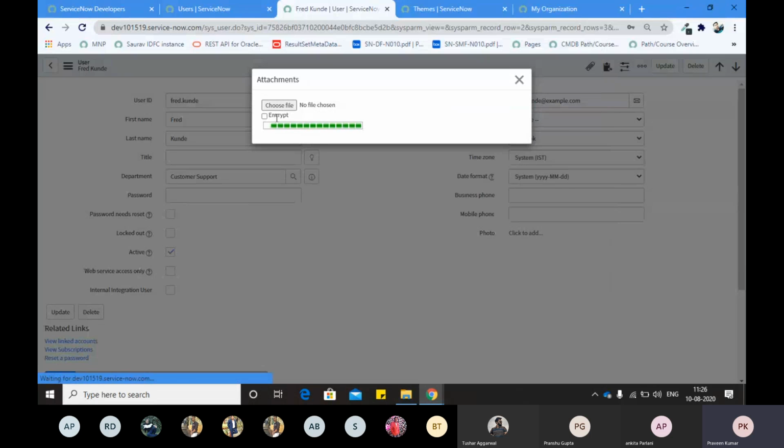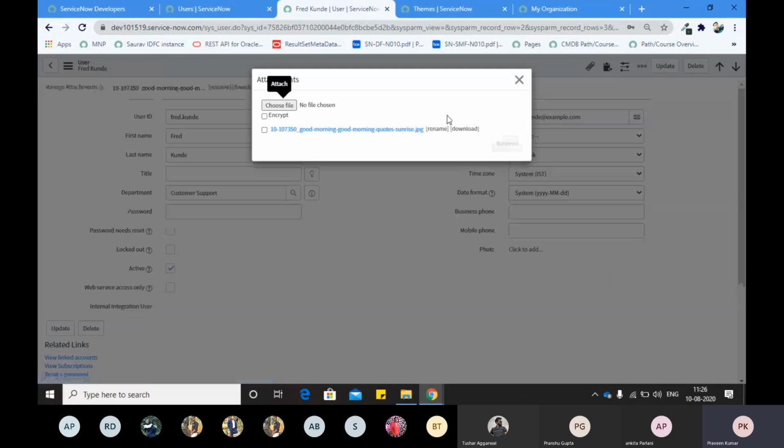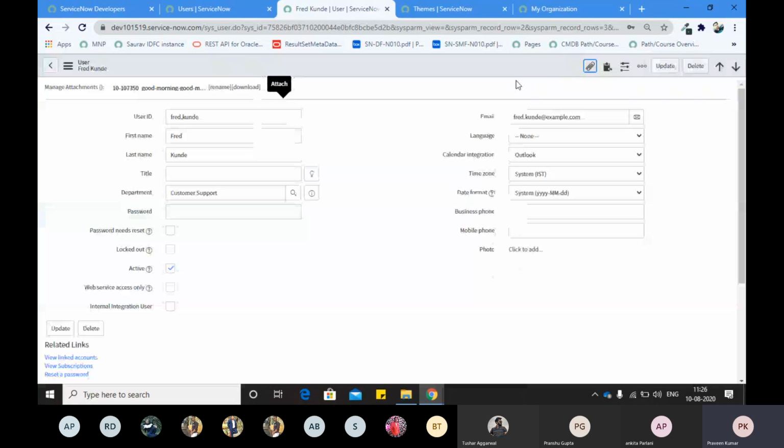The encrypt option you can leave for now. You can see your attachment is coming here, so your attachment is attached. In this way we can attach anything as well. Leave this screenshot part, the personalized form, and the more option part here for now. I don't want to confuse you.